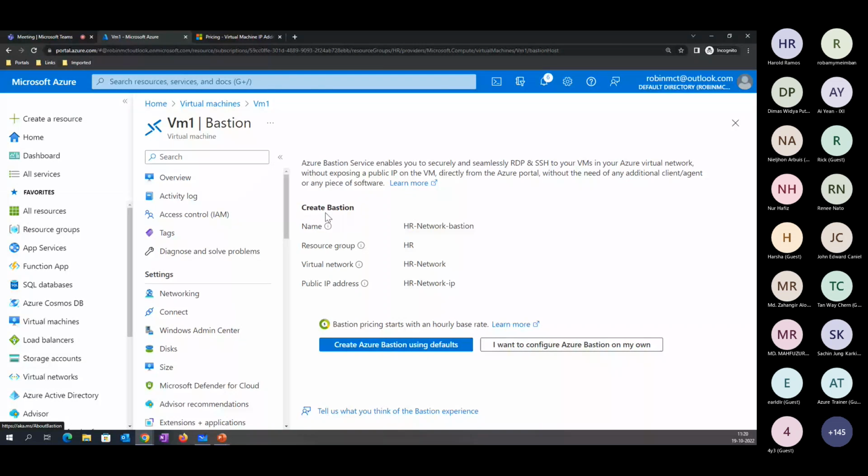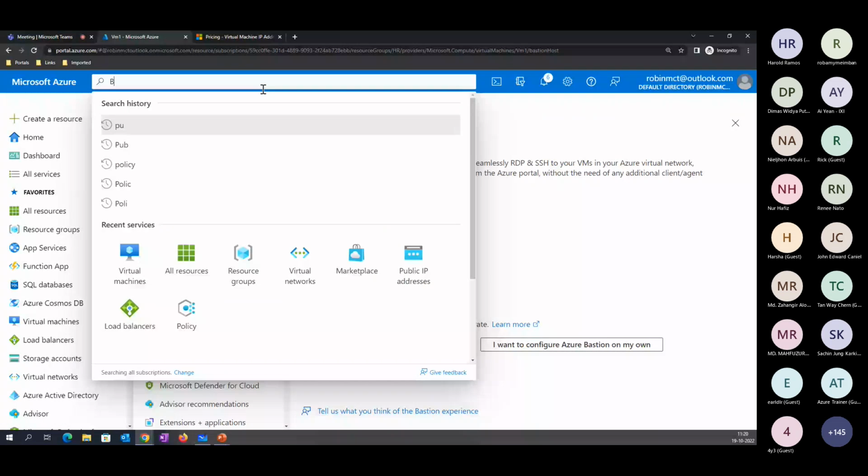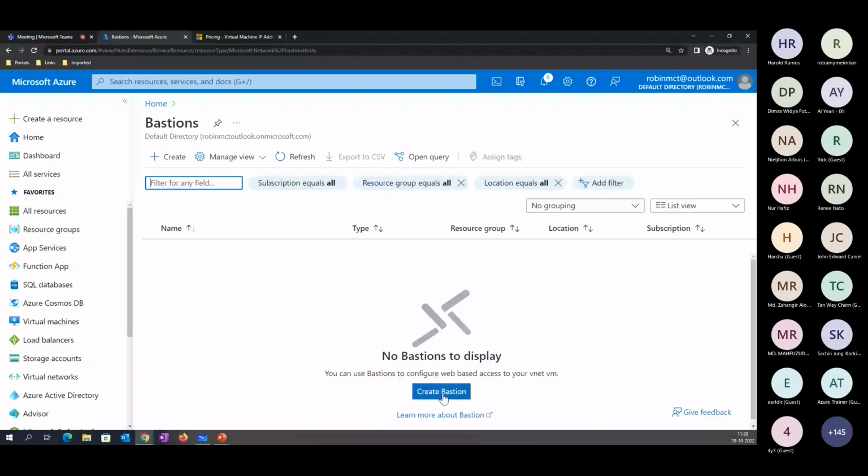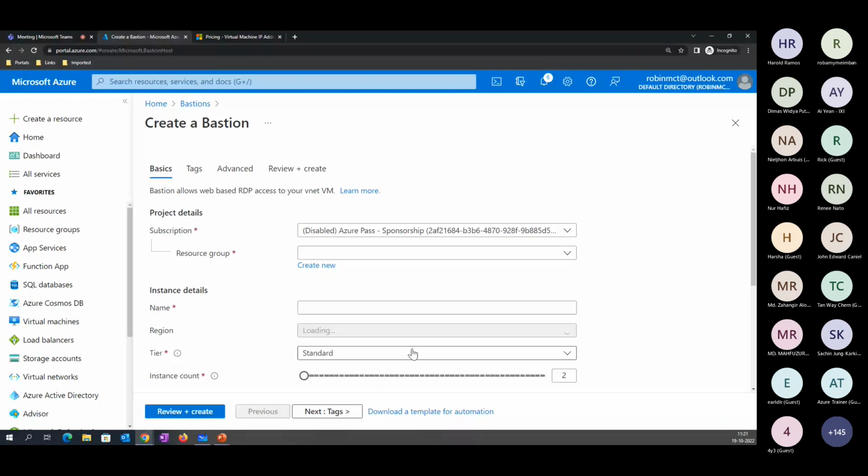Second one, manually I need to provide the IP address and subnet. There are two options you will get. The second option is a PaaS service from Microsoft. You can go to the search bar, and here you can select Bastion. Manually, you can give the name or the location you want to configure. All the details you can clear it, and you need to ensure that this is being mapped to